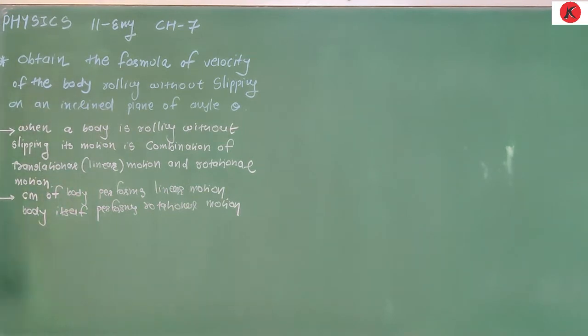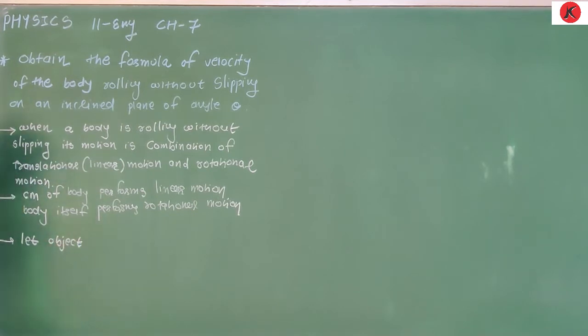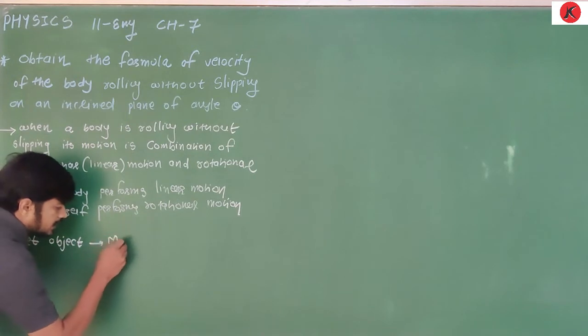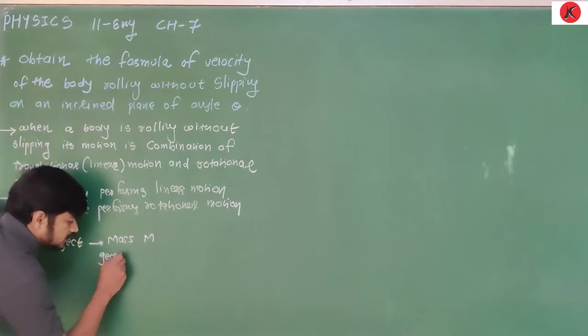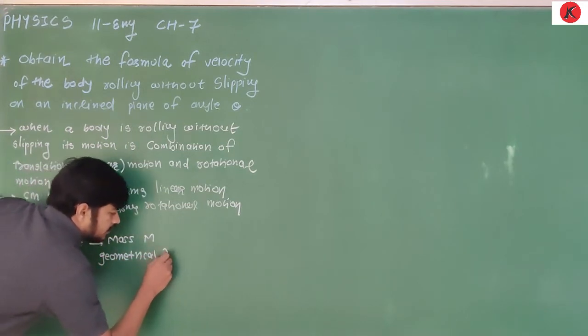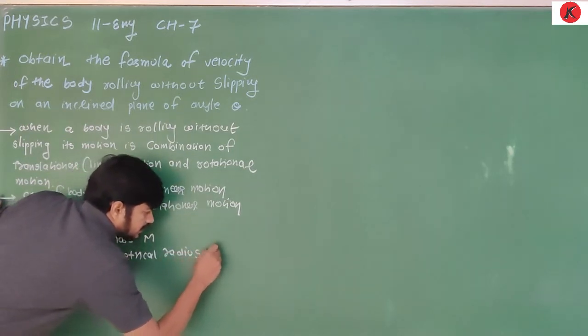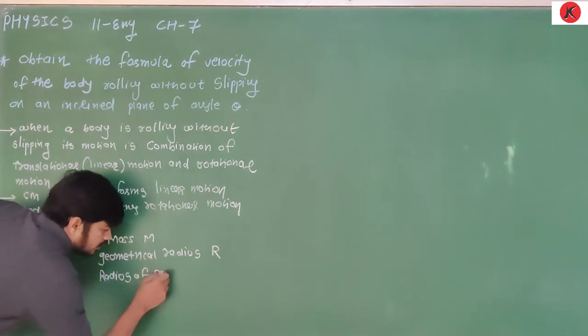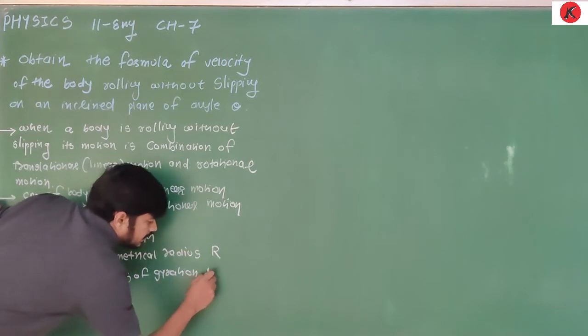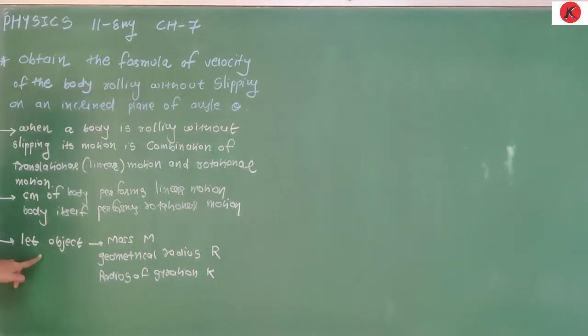For that I am assuming, let one object of mass m, geometrical radius r, and radius of gyration k, is rolling down